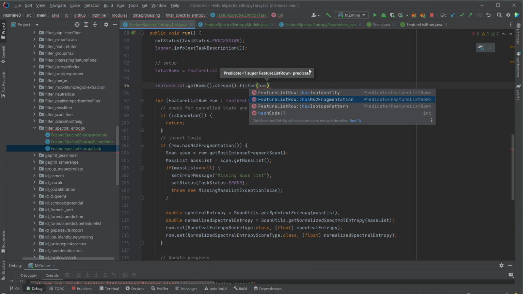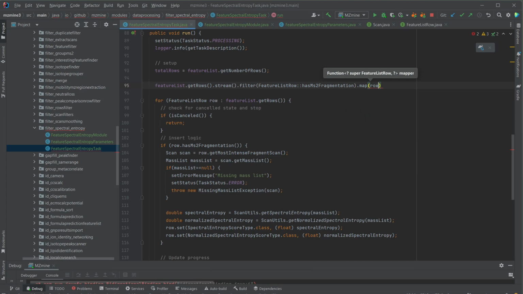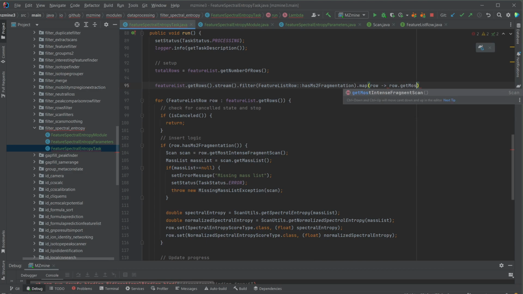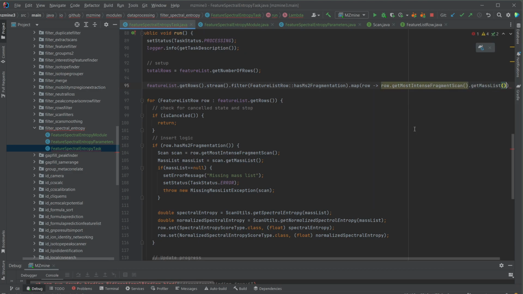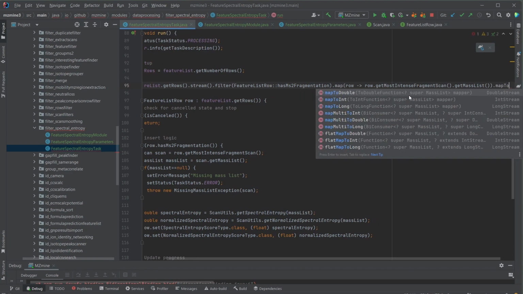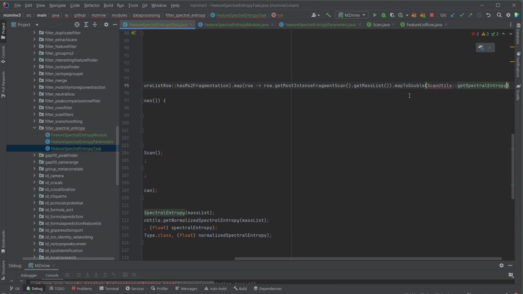So we can first do the has MS2 fragmentation, we can map the row that we have, so it would always be a row and then a lambda, so like a function that we want to call on the row. And then we can map the row to, for example, get most intense fragment scan, get mass list, and so on. So we can map those, and then in the stream, we can just concatenate all these operations and pipe the results into the next step, and later, for example, map to double, and then scan utils, get spectral entropy,